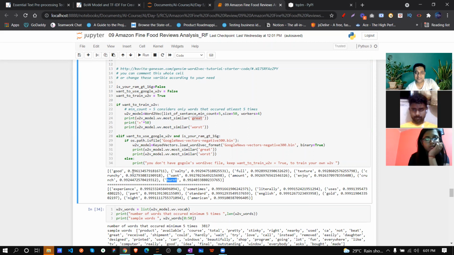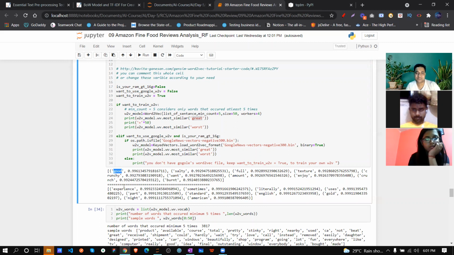A few of them are correct, a few of them are totally wrong. You can see, that's why I told you Word2Vec is not good for this kind of machine learning model. For deep learning, it's really good because we need a hell of a lot of training data. But again, you can find some similarity between good and great.